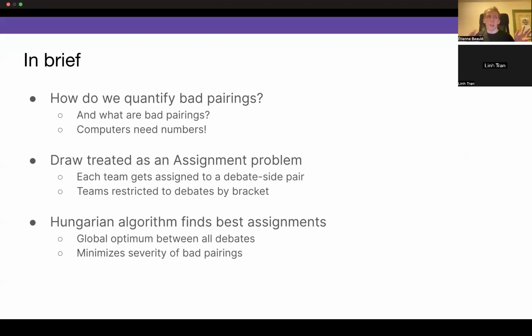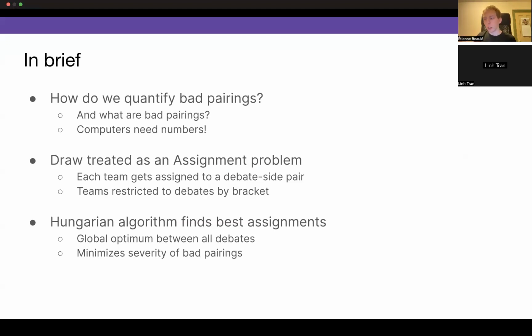Then we can draw lines between where each team will go, and there will be no position left unfilled. And here we want to avoid teams going between different brackets other than for pull-ups.